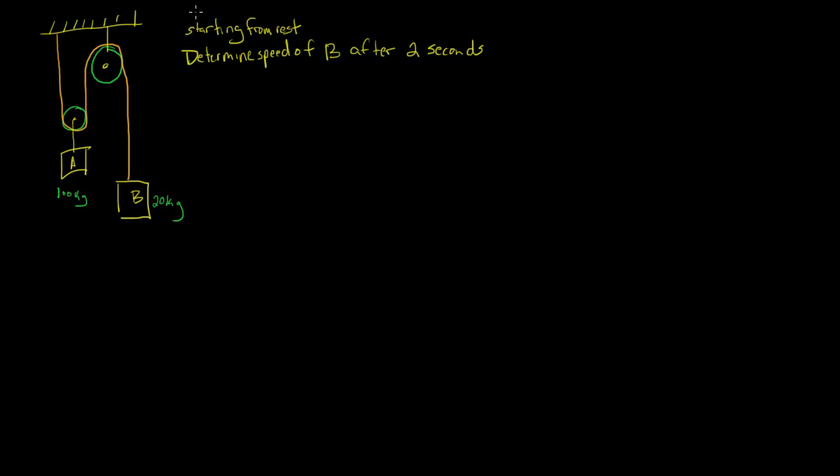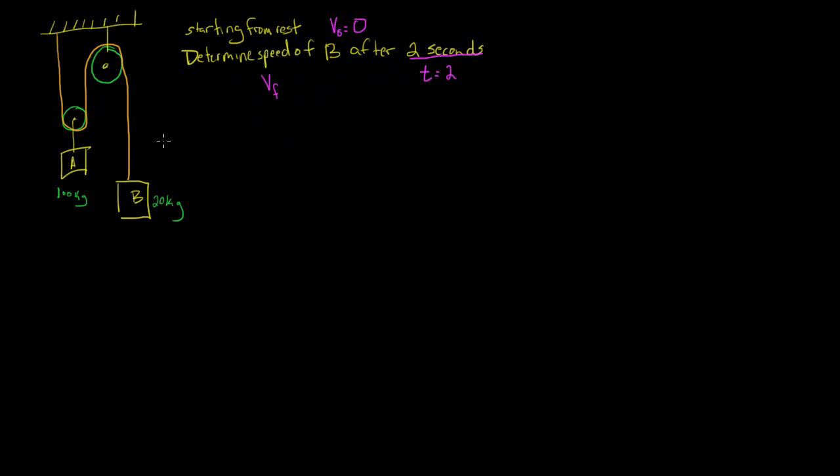This pulley problem asks us to determine the speed of block B, which is right here, after 2 seconds, and we are given that this block starts from rest. So starting from rest means our initial velocity is equal to 0. This 2 seconds means our time is going to be equal to 2. The speed, we're looking for a final velocity, and